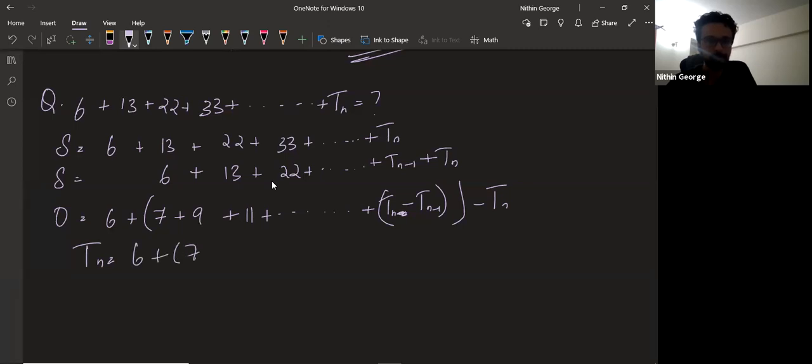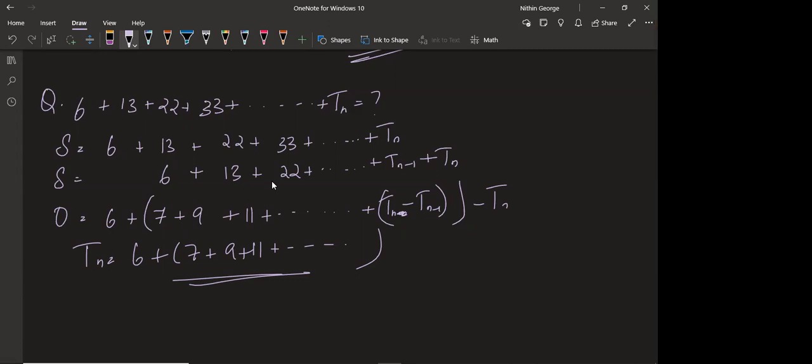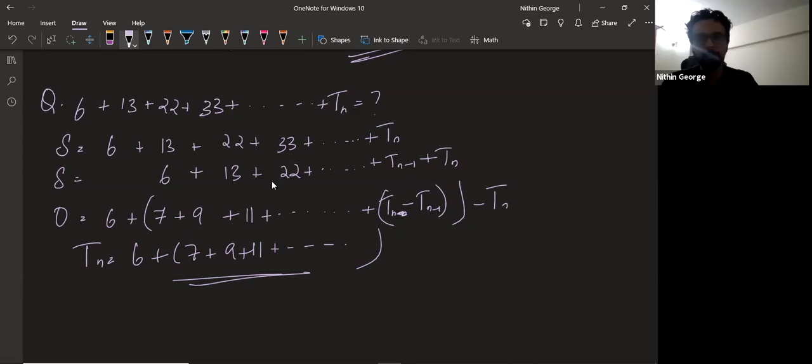Tn will be 6 plus 7 plus 9 plus 11 plus the remaining terms. Okay, this will be Tn. We need to find this sum here. So how do we find the sum? Come on, guys. Sir, you can actually cancel out Tn, no, sir. But then Tn minus 1 will cancel out with the Tn minus 1 here also. So that loop will just go on. That's why I just stopped it here and put Tn this side. Because you can see an AP forming, right? 7, 9, 11. So this Tn minus 1 is one term of an AP.